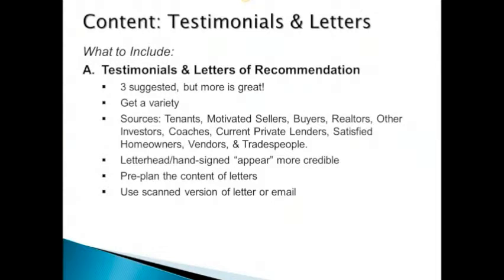Sources for your testimonials or letters of recommendation can be tenants, motivated sellers, buyers, realtors, other investors, coaches, current private lenders, satisfied homeowners, vendors, and tradespeople. The second to last point on here is to pre-plan the content of your letters. We all know what we're trying to communicate in our kit, and when I approached my sources for my letters or testimonials,